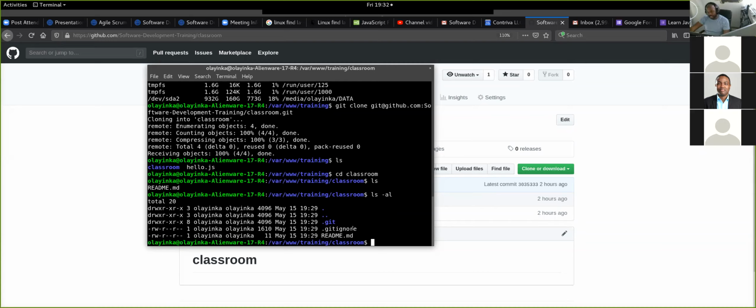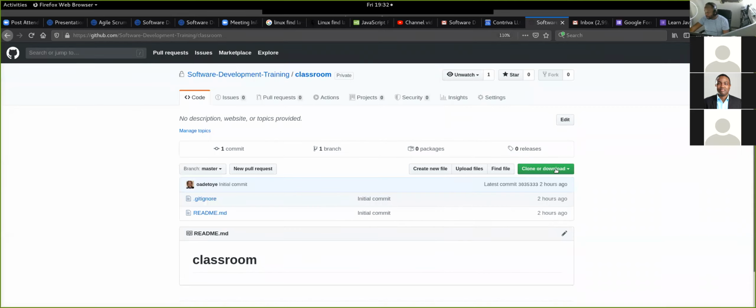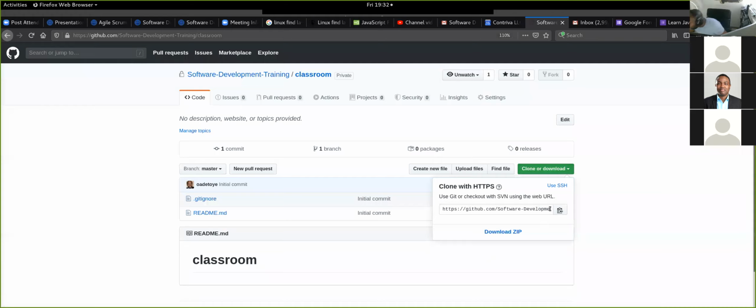Again, the command is git clone and the address of the repository you want to clone. You get the address from here. When you click on this button, it shows you the address to clone. Use HTTPS. If you use SSH, you have to set up your SSH key pair, all of that. But just use HTTPS and then you'll be